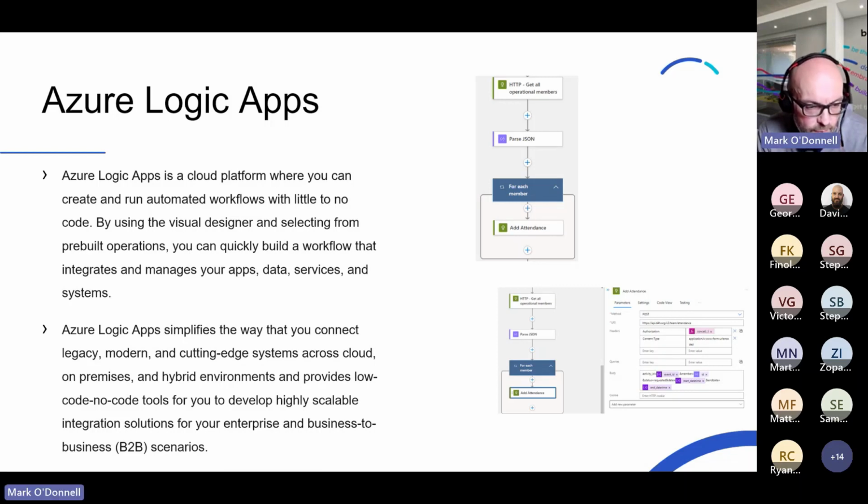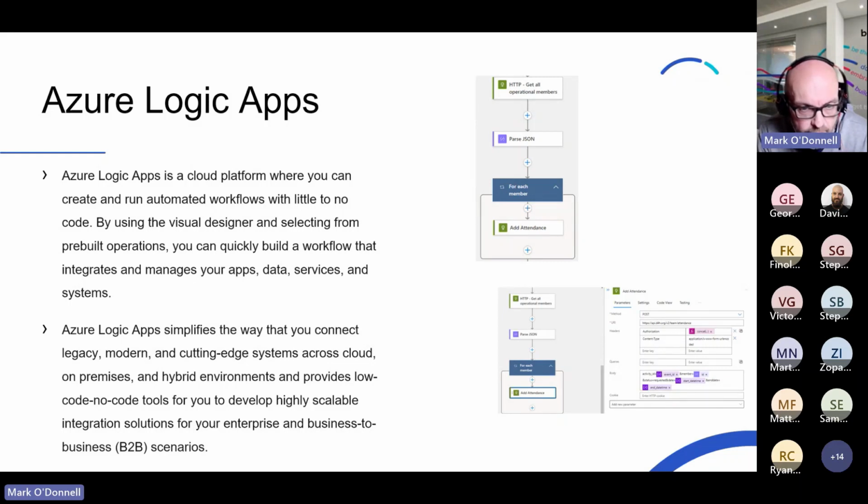And why is this good? As a platform enabler, this is Microsoft's low-code, no-code solution that supports workflows across the cloud. It's a very easy to use platform. It's a simple drag and drop interface using standards-based JSON or XML. It allows discrete messages to be sent or received and can be triggered via events or times. So they support the full range of integration. They're very quick to deploy and they're really quite cheap, to be honest with you. Like anything on the Azure platform, cost is always seen as a barrier, but when you actually look at how much these things actually cost in the real world, they tend to be fairly cheap.